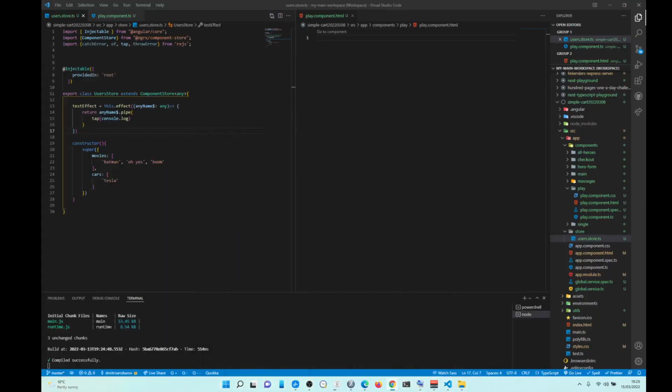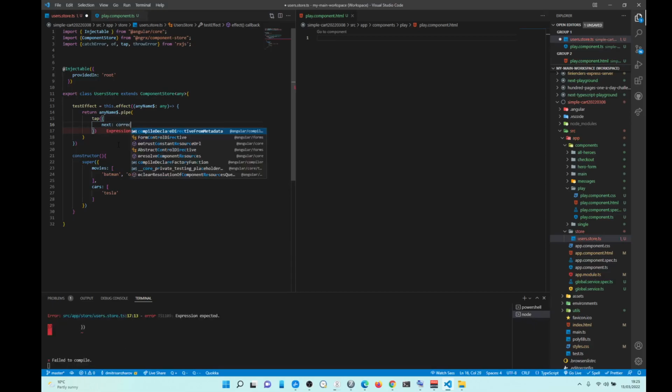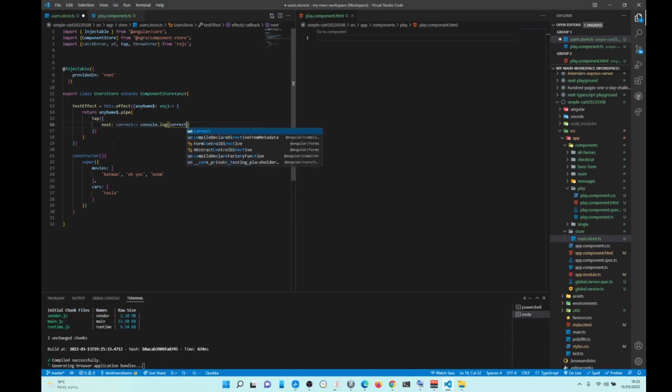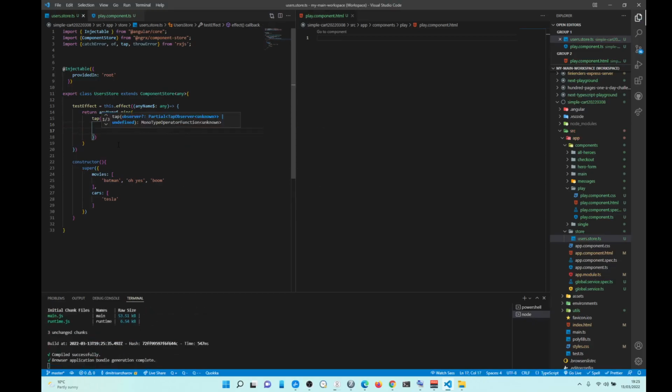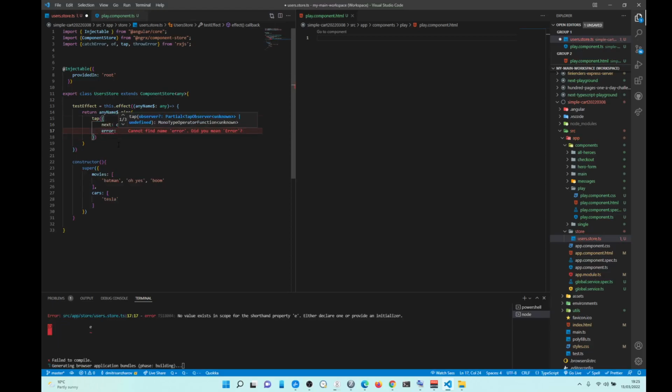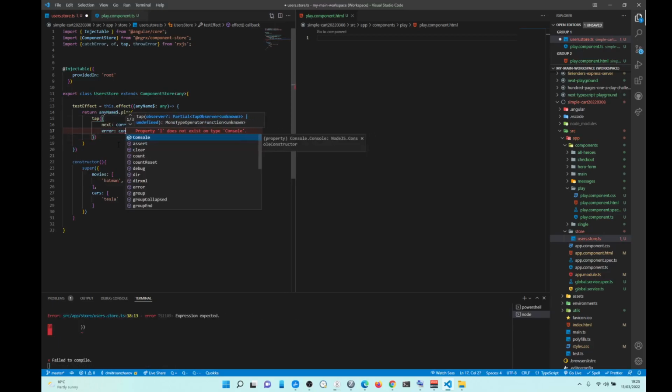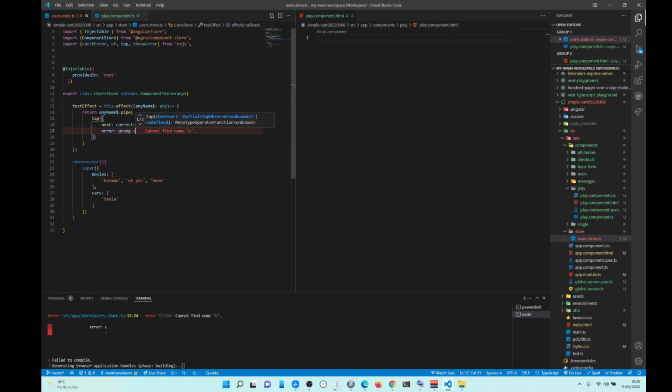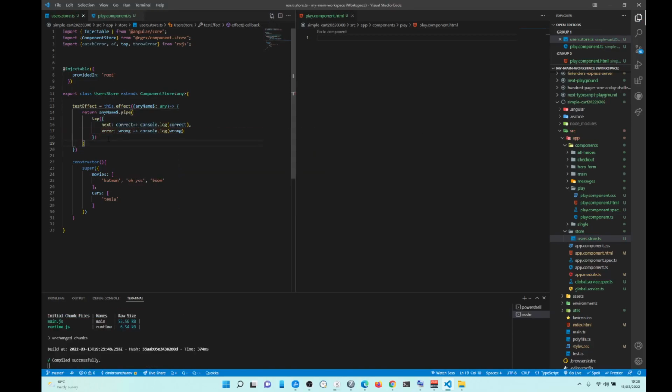You can do it this way, right? You can do it this way, or you can also, so this is like console log tab, right? You can do it this way, you can do it also this way. Next, correct, console log correct, and then error, console log wrong. Now this method is kind of useless, honestly, because it's not triggering on error for some reason,